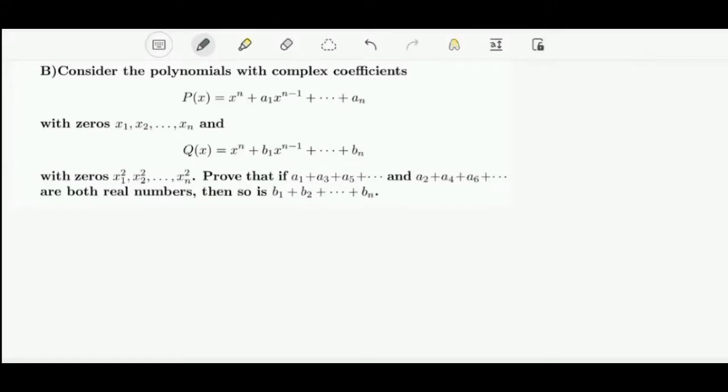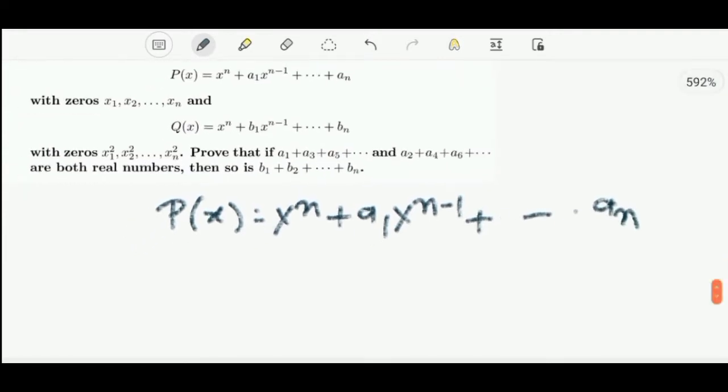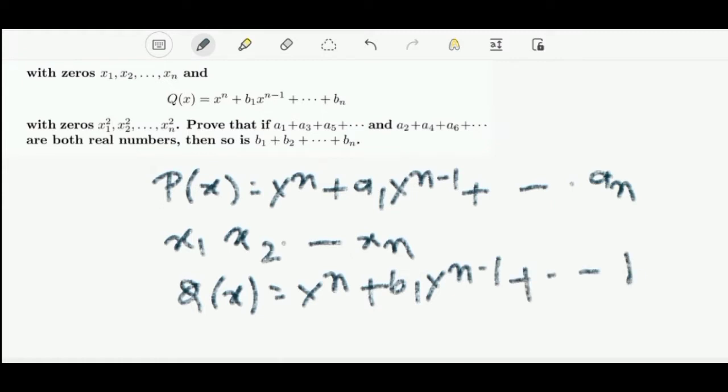So here we got a nice polynomial problem, and we are given a polynomial p of x, which is x raised to the power n plus a1 x raised to the power n minus 1 plus so on up to an, and it has roots x1, x2, so on up to xn, and another polynomial which is q of x, which is defined as x raised to the power n plus b1 x raised to the power n minus 1 plus up to bn,